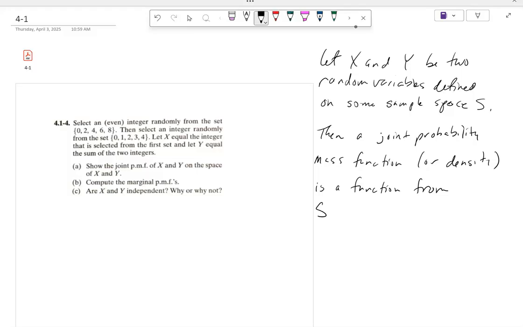There's going to be a function with domain S to the real numbers. I should say the non-negative real numbers. Even better, to the interval from 0 to 1, because we certainly don't want anything less than 0 or greater than 1,